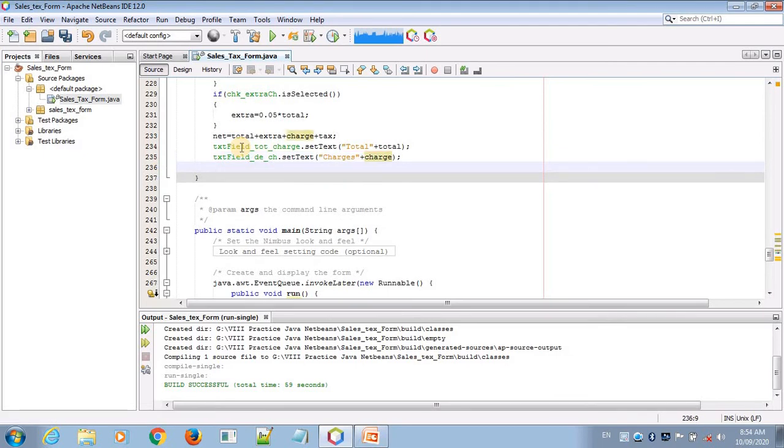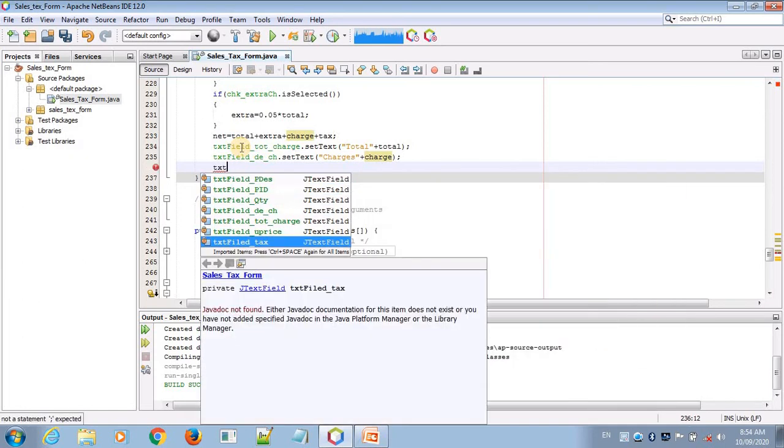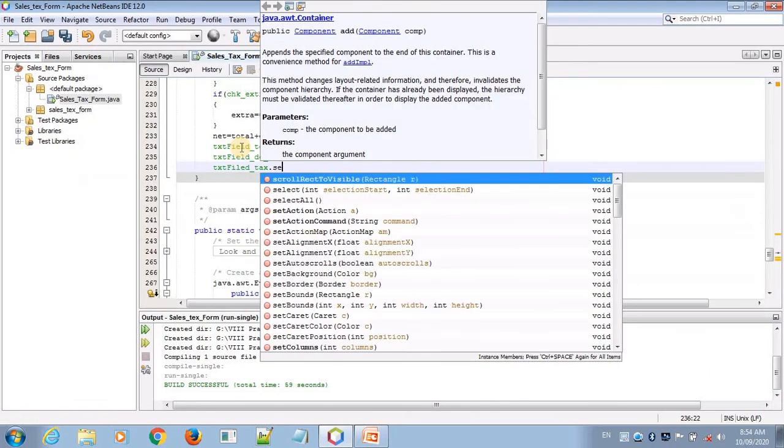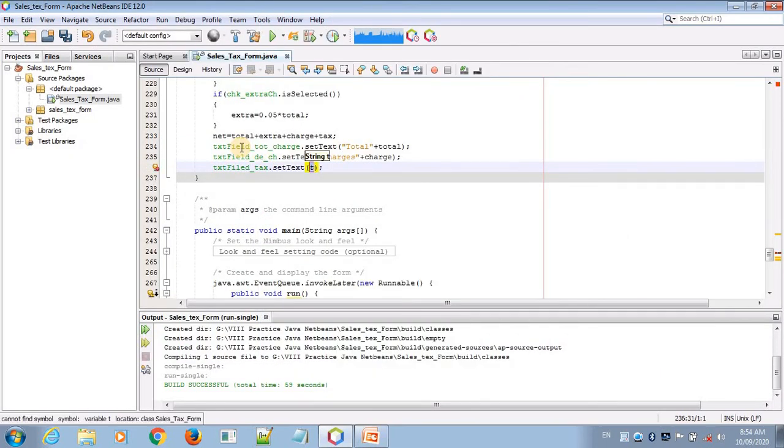Next is the field for tax, text field. Last I am putting here tax, setText. Okay, write here tax, class tax. So dear students, I have already completed this, and the net amount needs another text box.